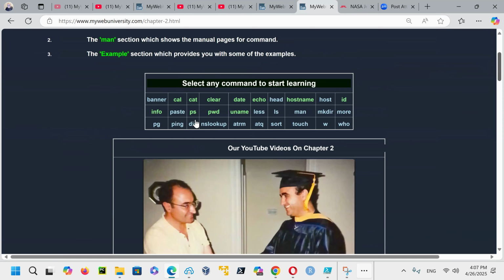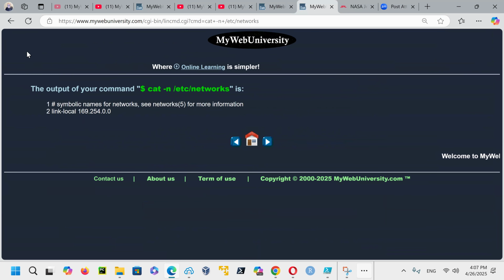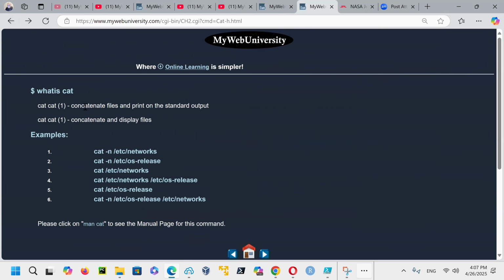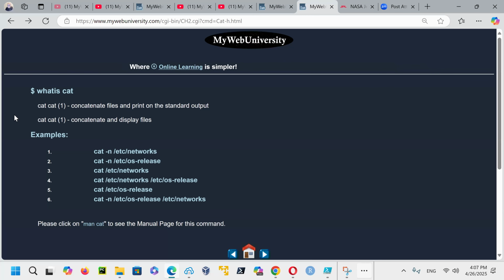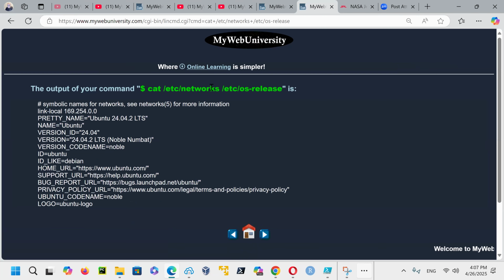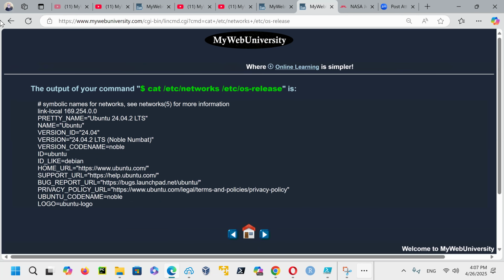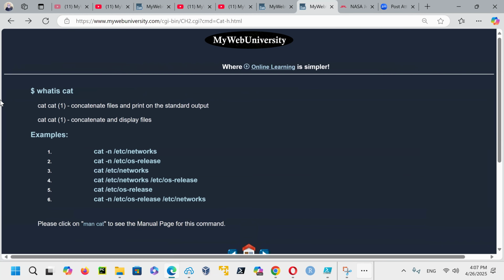And then you can come in here and practice them. If you want to use the cat command, for example, you just click on it, and I gave you an example. So what is cat? It concatenates files and prints to the standard output, or whatever the standard output is redirected to. Here you can see, if I want to cat multiple files, cat the contents of 2 files, /etc/network and /etc/os-release. Obviously, there are a lot more arguments, with the -n option and -e, -A, and other ones.